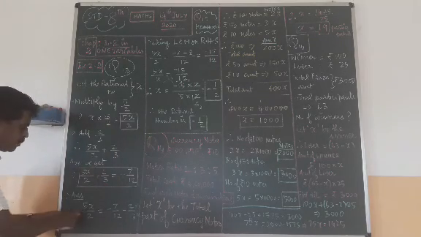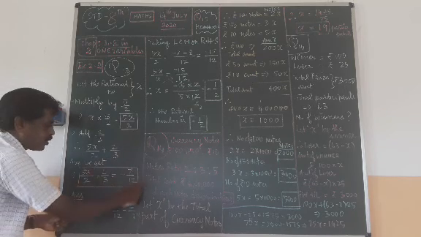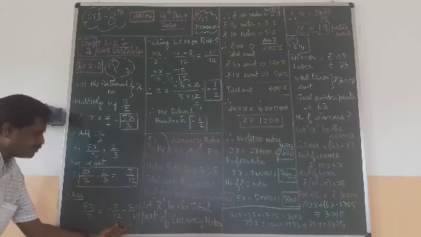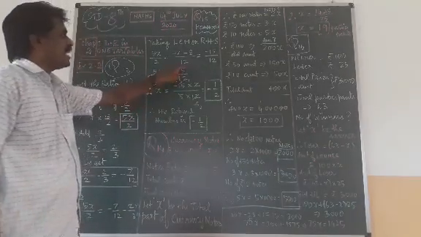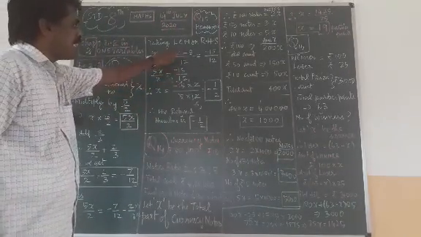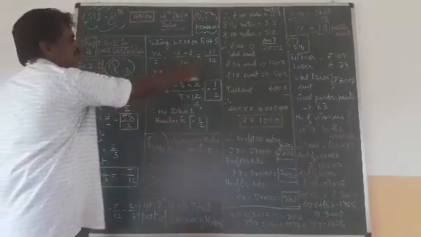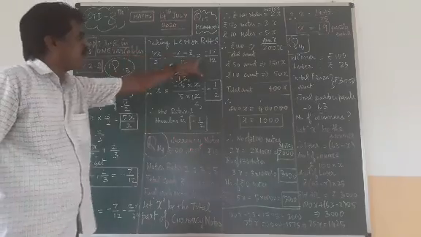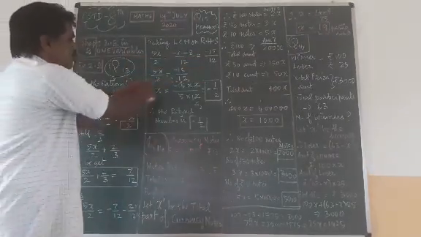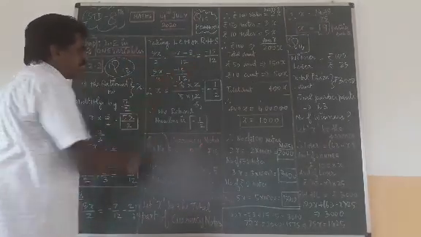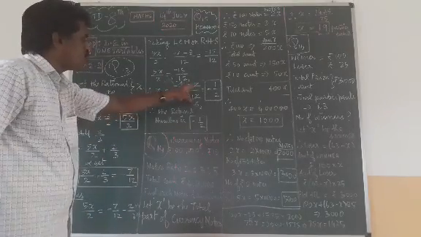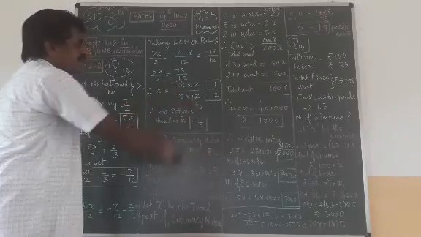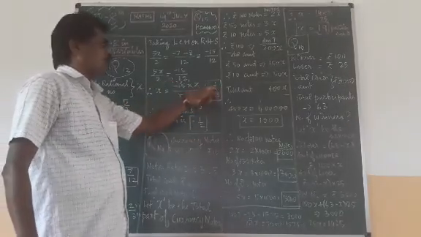I am shifting this number to the right hand side. It will become minus 2 upon 3. Taking LCM, 12 is the LCM. Here 7 will come, this side minus 8 will come. If you simplify, minus 15 upon 12. So 5x upon 2 equals minus 15 upon 12. Then we need x alone, so I am cross multiplying. Minus 15 into 2, and 5 will come to the denominator, 5 into 12. Simplify, you will get minus 1 upon 2.